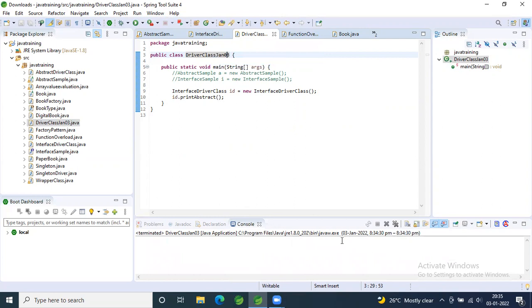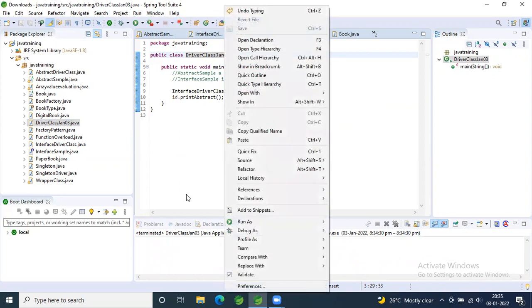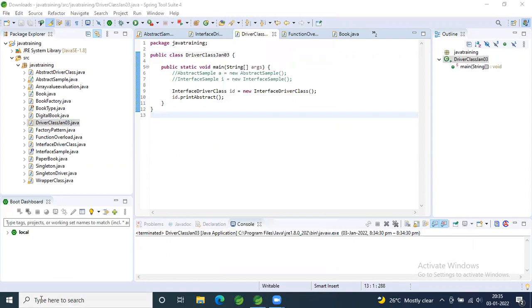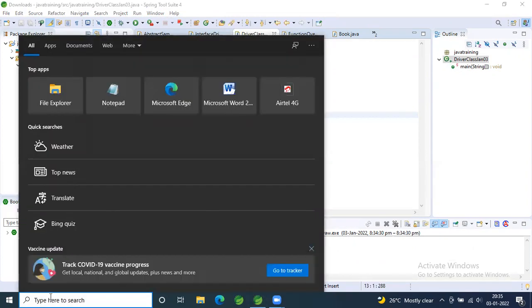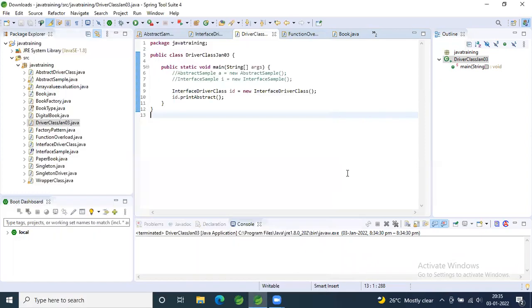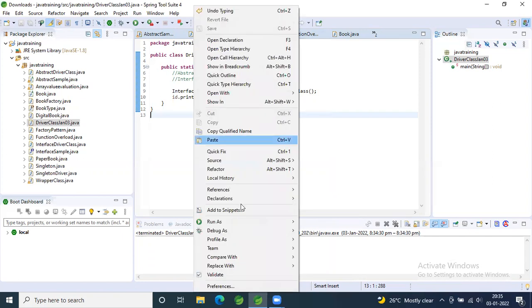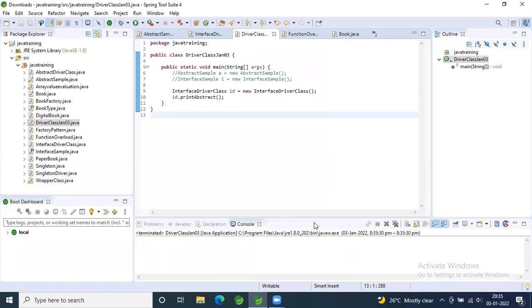But previously I could execute here. Do I need to change that environment variable? Not the environment variable. Here you need to point it to JDK. Just right click, run as Java application. Yeah, your JDK is not present. That is the reason you're not able to execute it.